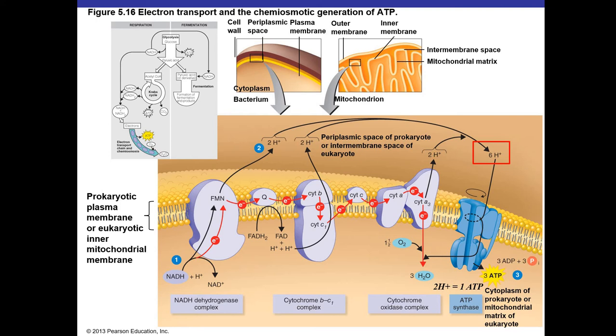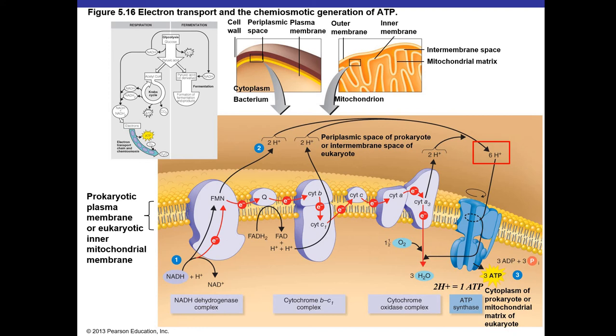As the name implies, this is going to be an enzymatic channel that allows us to generate ATP. As 2 protons pass through the channel, you get 1 ATP. So therefore, when NADH comes into the electron transport chain, it generates 6 protons. Those 6 protons coming across the channel 2 at a time allow the generation of 3 ATP. So that's why we say our exchange is going to be for every 1 NADH that comes in, we generate